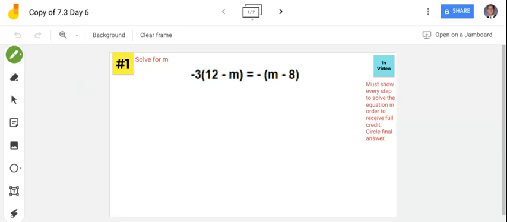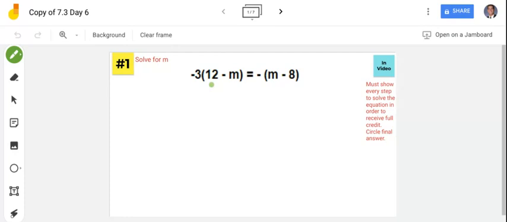Okay, number one, I'm going to solve for the variable m. I'm going to follow my 5 steps to solve equations. Step 1, eliminate parentheses. I see 2 sets of parentheses, one on the left side and one on the right side of the equation. So let's first eliminate the parentheses on the left side by distributing this number right here,